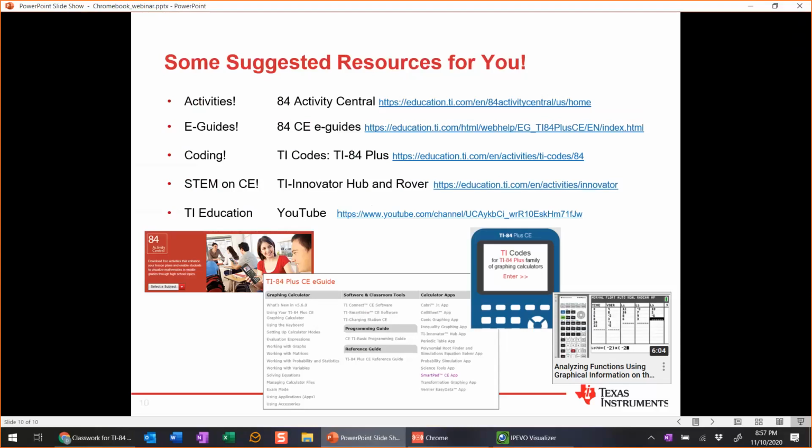And I will tell you that if you need to dig deeper and deeper into the CE features, I'll personally recommend that you go find the 84C, so the TI-84 Plus C Silver Edition. That was the generation before the CE. We have a massive full guidebook that's really, really great. But for the 95% of the general questions that you probably have, the e-guides for the 84 CE, we got